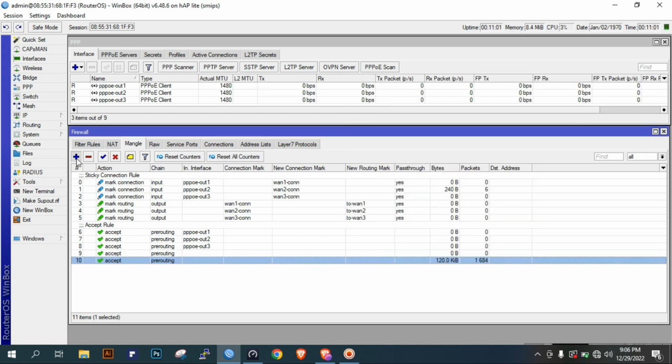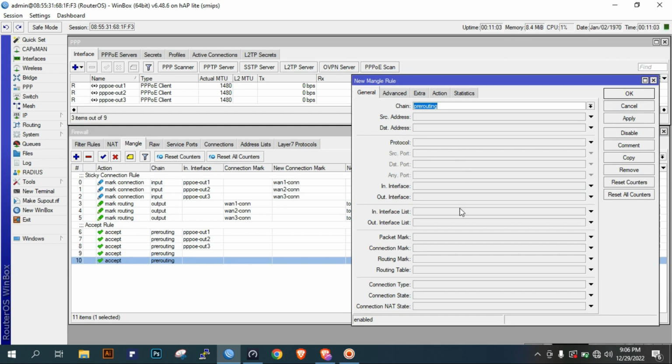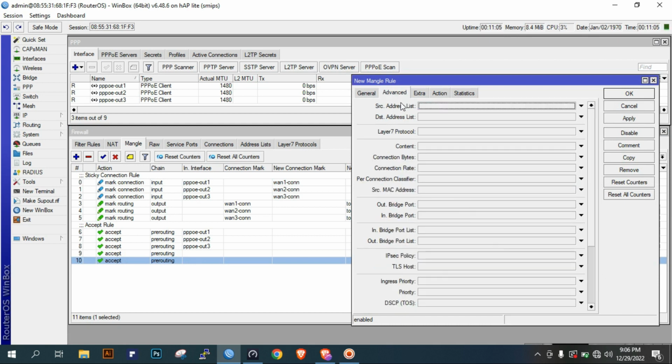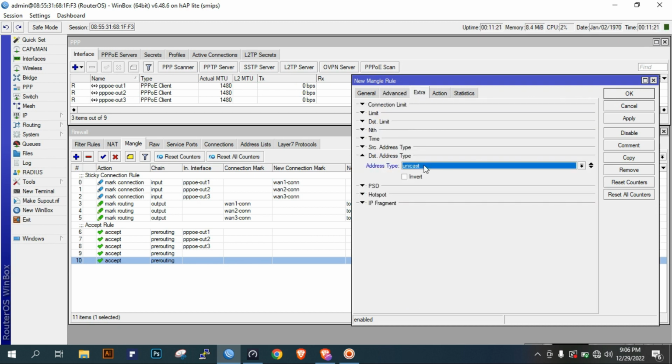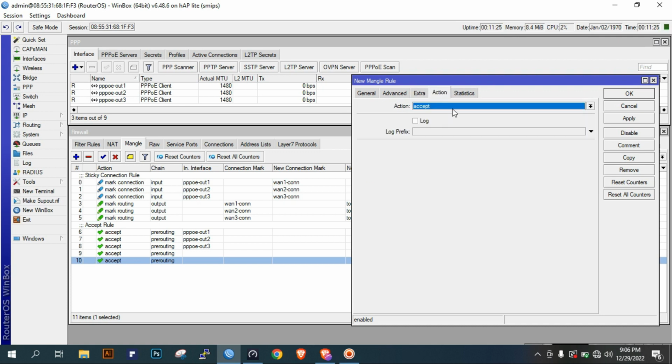Click plus, general, go to advanced, click PCC connection classifier, source address and ports, then 3/0 because we have 3 ISPs, so put 3 here, then extra, destination address type local, then click invert, action, mark routing,